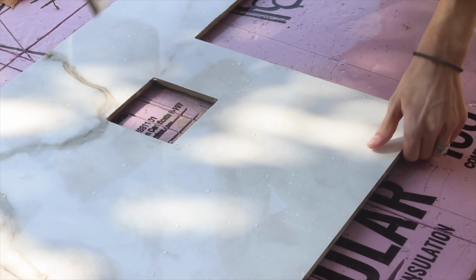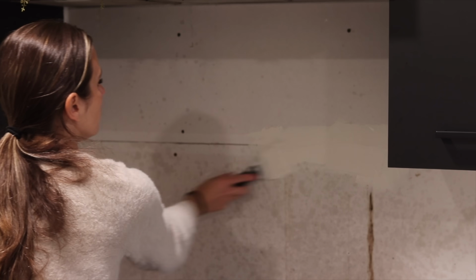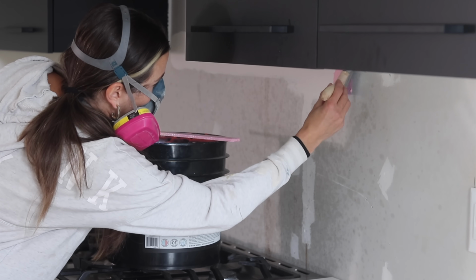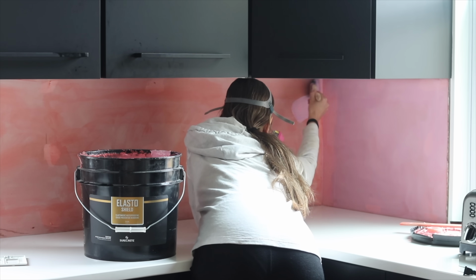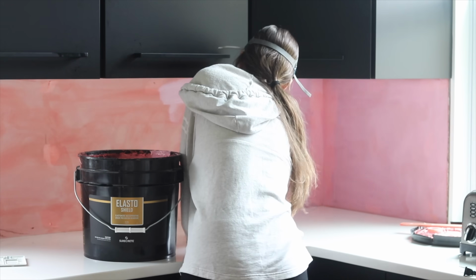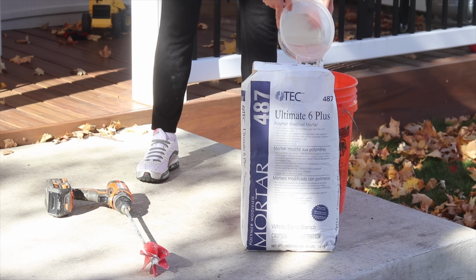To prep the drywall for install, I did fill my seams with mud and tape, and then I actually waterproofed it just because I already had a bunch of this Red Guard type waterproofing membrane left over from another project, so it was free. I figured, why not? After 2 coats of the waterproofing membrane, I came in and started to spread my mortar